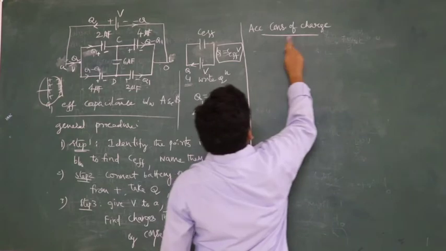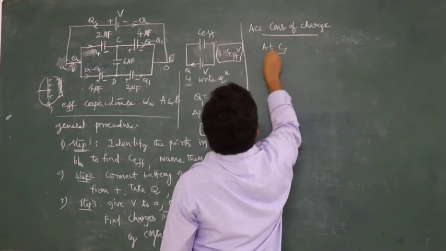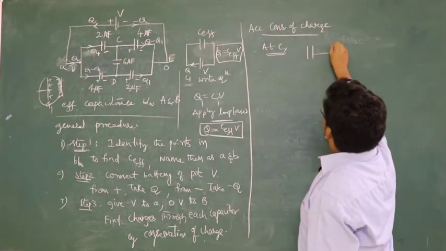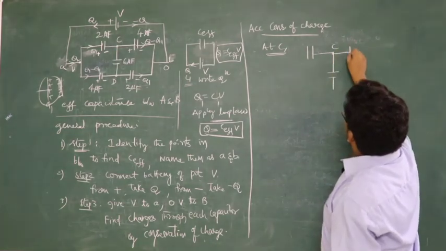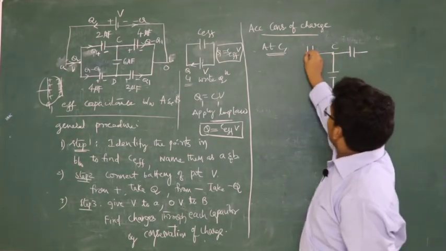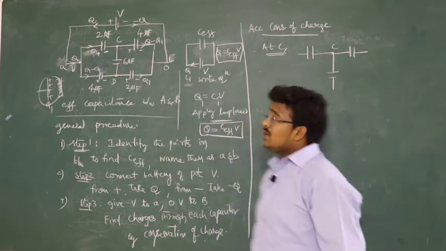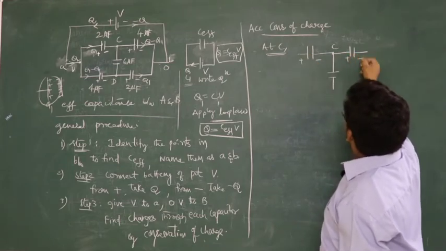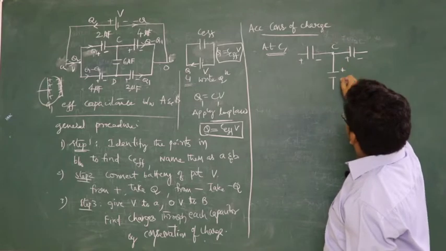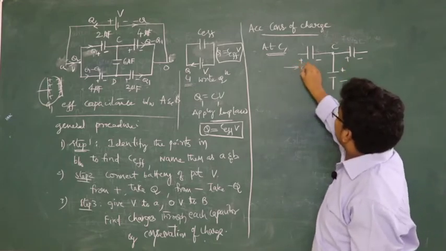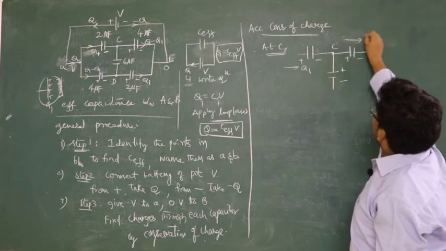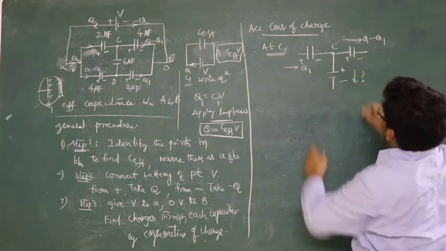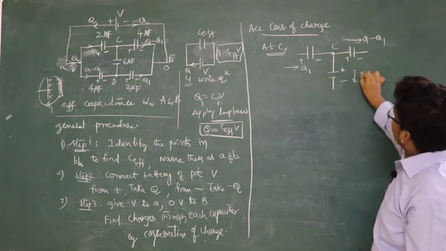See, according to conservation of charge at the C junction, we have plates like this. This is C, right? So at C, this charge is Q1, but it is minus. This is plus, minus. This is plus, minus. Now this charge coming is Q1, this charge going is Q minus Q1. Now we would like to find how much charge will go here. You may take it as X.